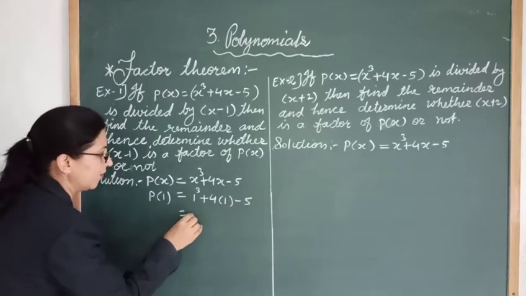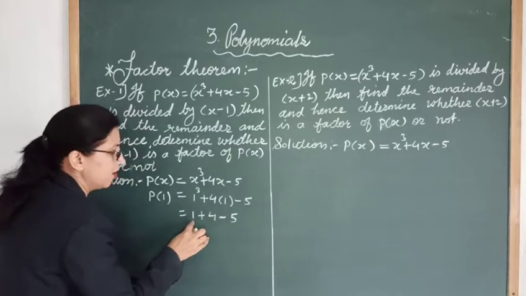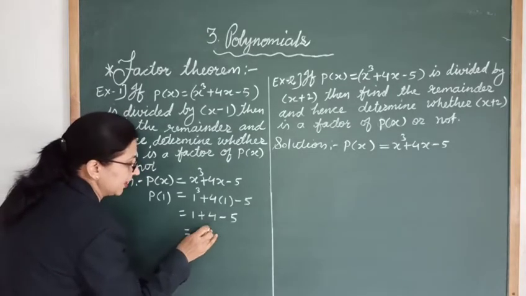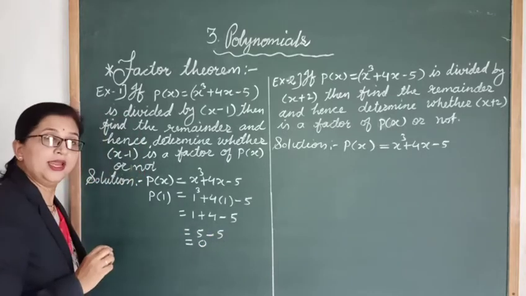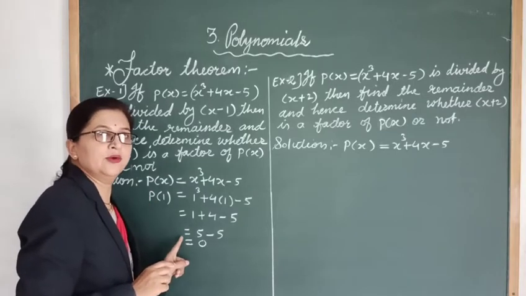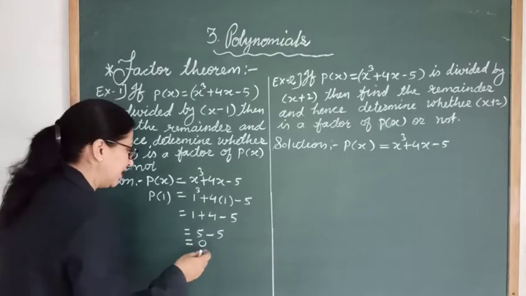So cube of 1 is 1. Then 4 ones are 4, minus 5. 4 plus 1, 5. Minus this 5. 5 minus 5, 0. Okay. So here we got the value of this polynomial 0. It means the remainder is 0. So by the remainder theorem,